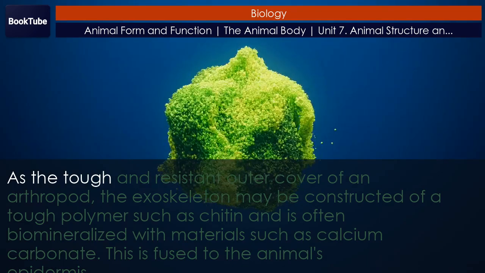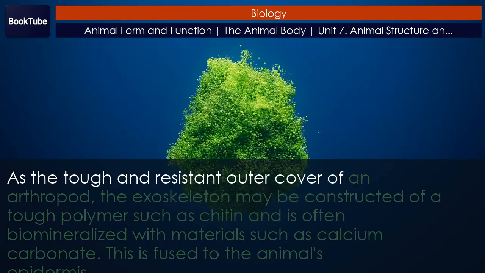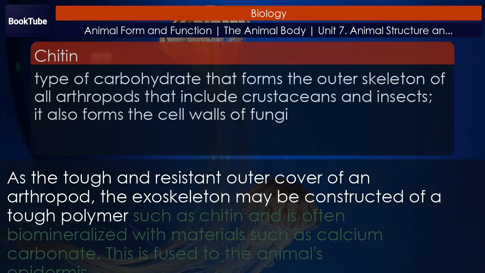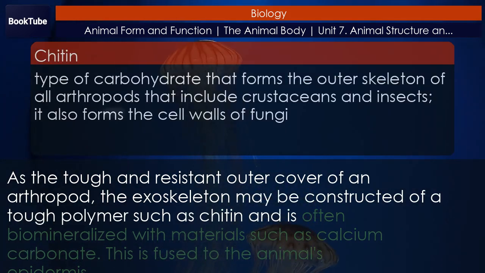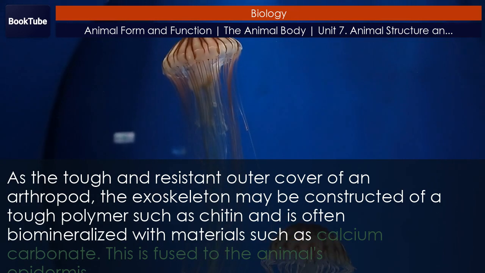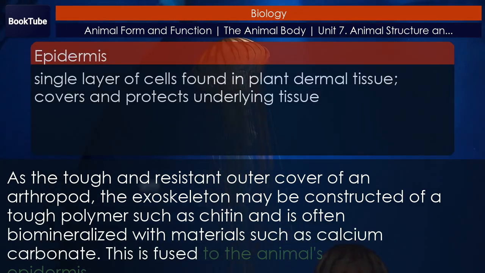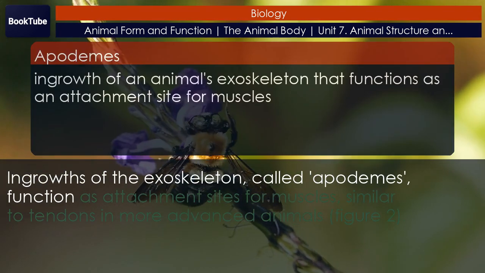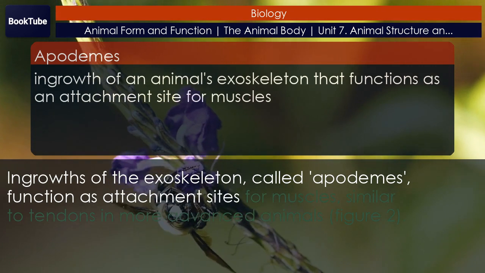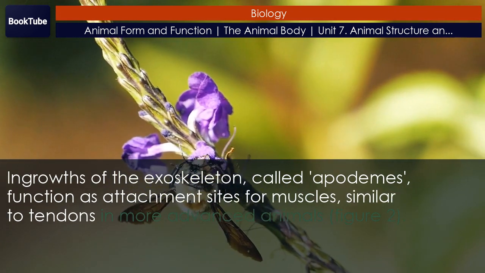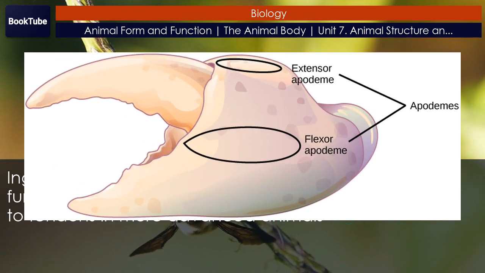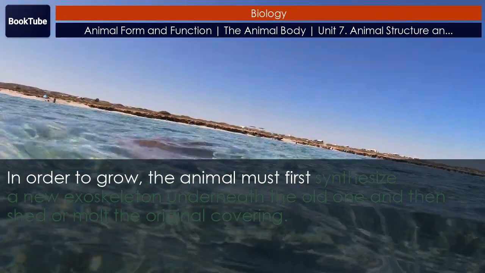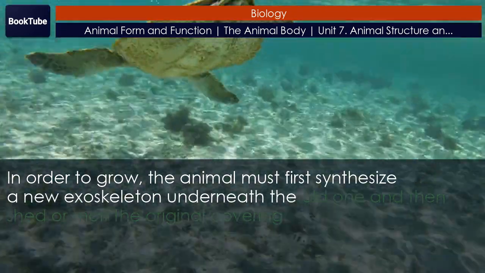As the tough and resistant outer cover of an arthropod, the exoskeleton may be constructed of a tough polymer such as chitin and is often biomineralized with materials such as calcium carbonate. This is fused to the animal's epidermis. Ingrowths of the exoskeleton, called apodemes, function as attachment sites for muscles, similar to tendons in more advanced animals. Figure 2. In order to grow, the animal must first synthesize a new exoskeleton underneath the old one and then